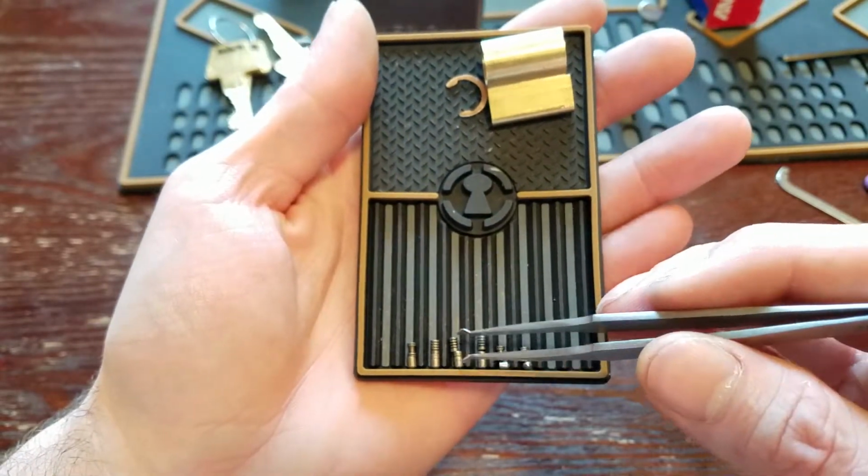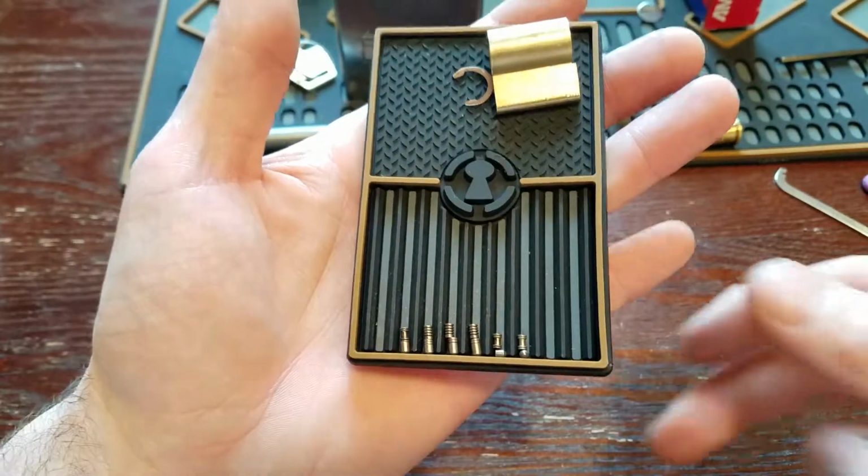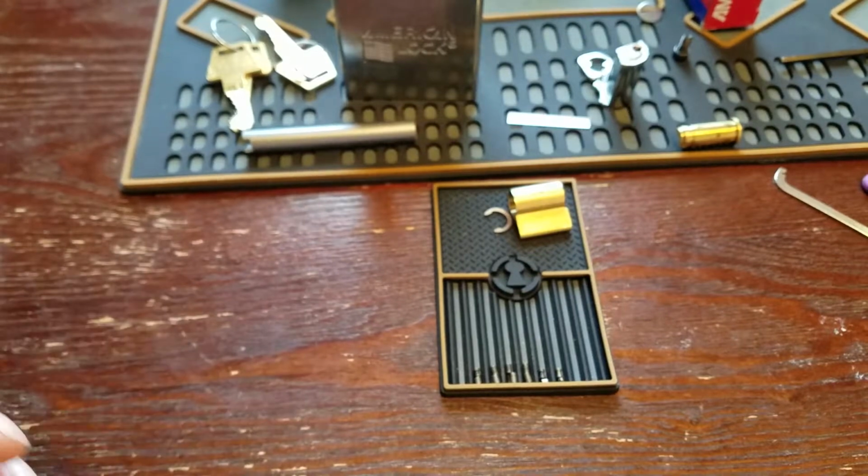So I guess that's what you get for, well, in my case, 35 bucks. But these things can be pretty pricey, just depends on where you get them. But sorry for the